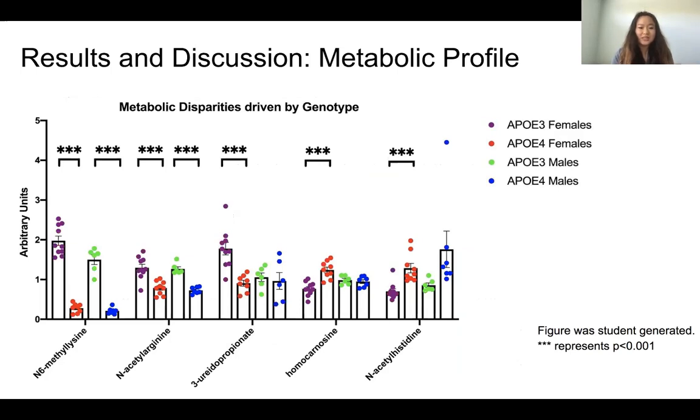This is really interesting, because oxidative stress is also another hallmark of Alzheimer's disease. Someone with lots of oxidative stress is at risk of developing a lot of damage inside their brain because of this. It's really strange how something that is supposedly the baseline or normal version of the ApoE genotype actually has increased markers of oxidative stress, which is really interesting, because when looking at the next metabolite, 3-uridyl-propionate,